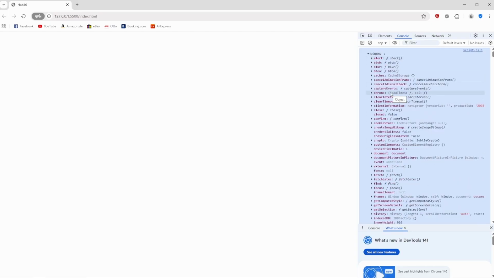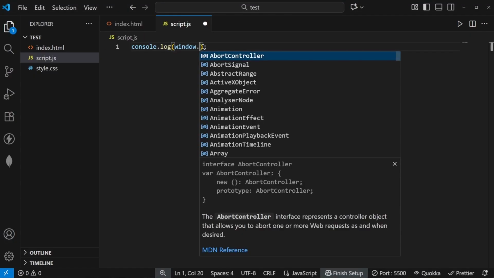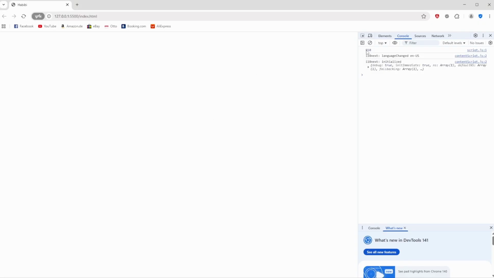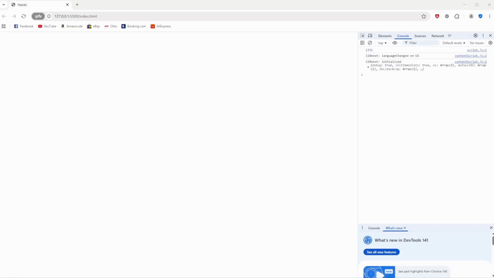So the window is essentially what represents your window. And this window object includes everything. So we could, for example, say, let's get window.innerHeight. And by doing so, we will get the inner height, so the height of this window right here. And as you can see, the height right now is 910 pixels. We can also get the inner width, for example. So let's save that one. And as you can see, the width is